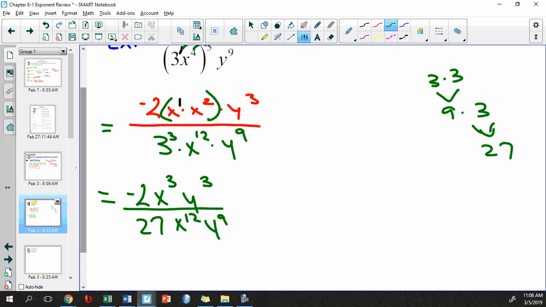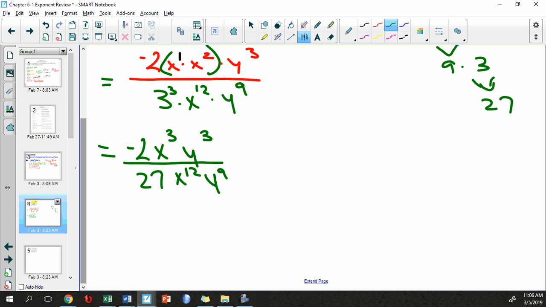x times x times x is x cubed, right? What's x to the 12th? 12 times. There's 12 x's down there, yes? Now I want you to visualize this a minute. The 2 over negative 27, I can't do anything with that, can I? Right? However, if I have 3 x's up top and I have 12 x's on the bottom, how many x's